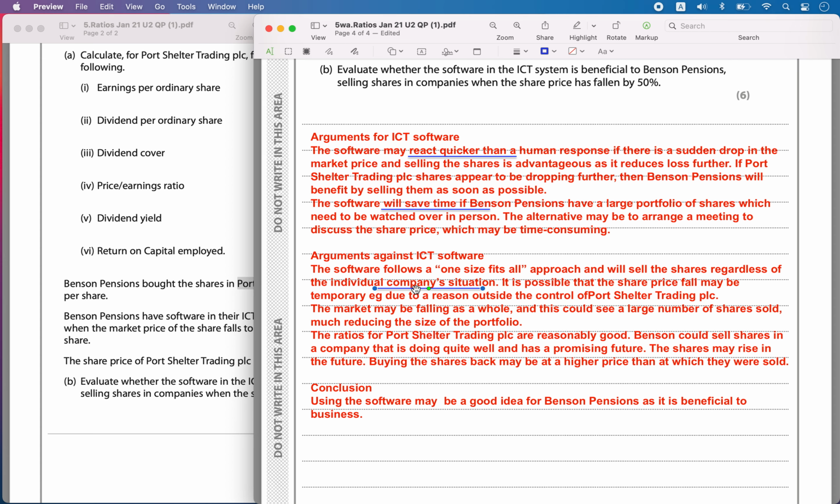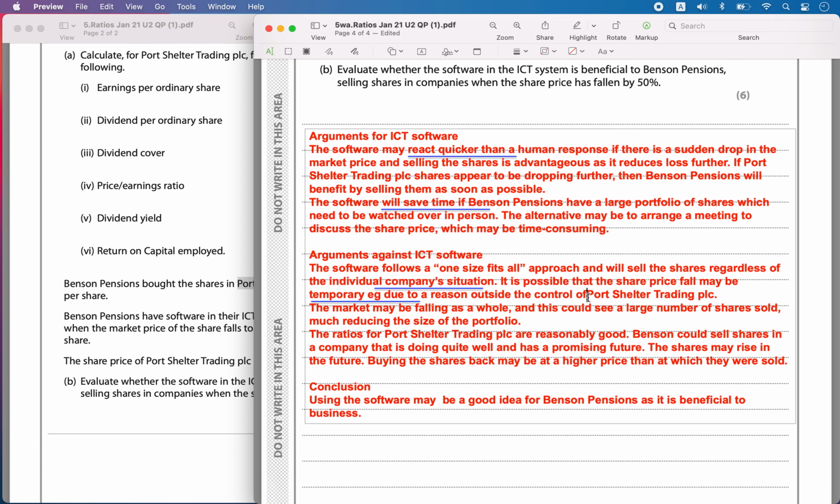It is possible that the share price might have fallen maybe due to a temporary reason. It might be some other reason which is not at all related to the company that caused a fall. For example, a war, a temporary reason, it might have fallen, but it will bounce back because the company is doing good. But the software will not know, it will react